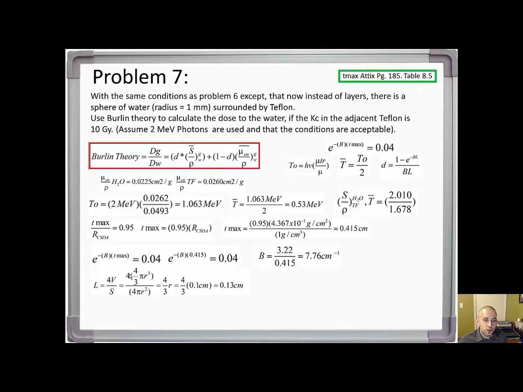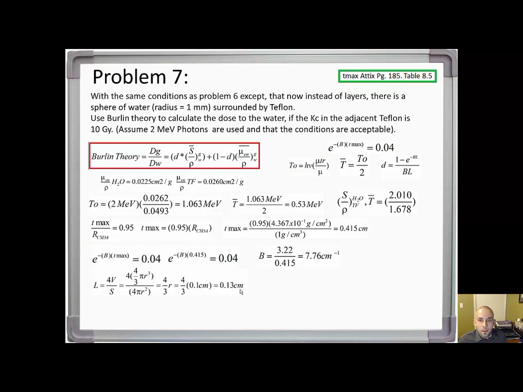The volume for a sphere is 4 over 3 pi r cubed. The surface area for a sphere is 4 pi r squared. Notice that I can cancel out a lot of terms: cancel out the 4, cancel out the pi, one r on top cancels against r squared. I'm left with 4 over 3 r. I can plug in our radius of 1 millimeter, or 0.1 centimeters, and I get our final answer of 0.13